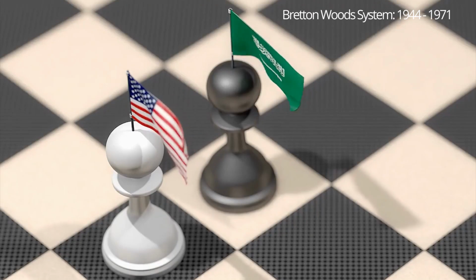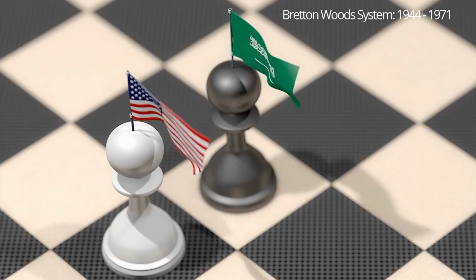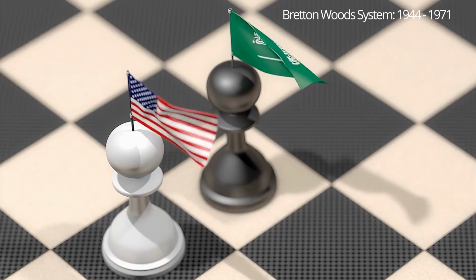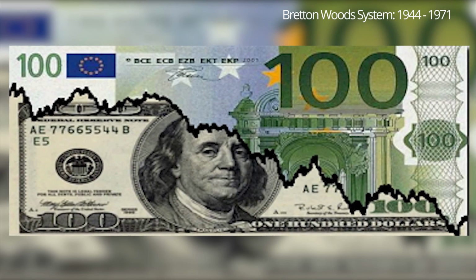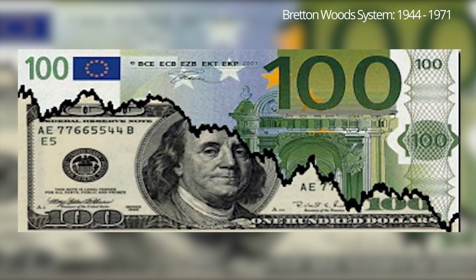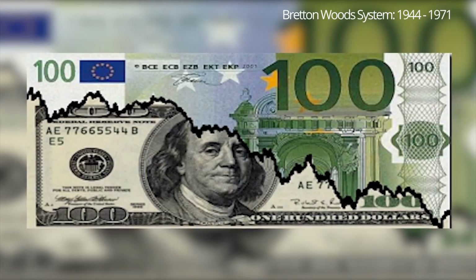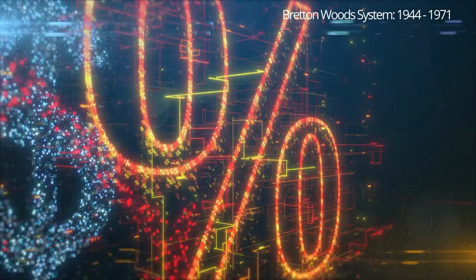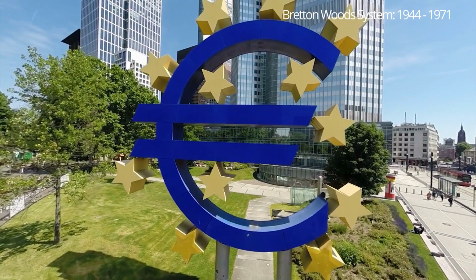Now, during this time, the United States also began laying the groundwork for its alliance with Saudi Arabia, which would come into play within the next system. This period also saw the rise of the eurodollar market, referring to the dollar market that exists between banks and other entities outside the United States and outside of the Federal Reserve's jurisdiction, primarily centered in Europe, but extending throughout